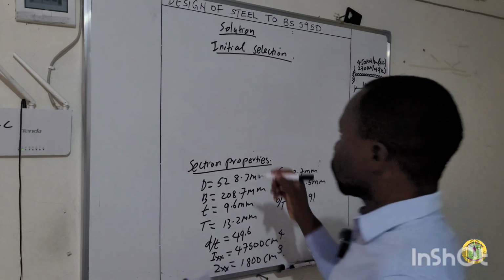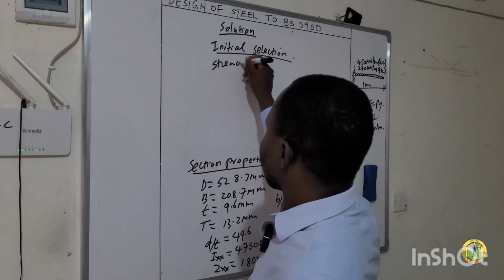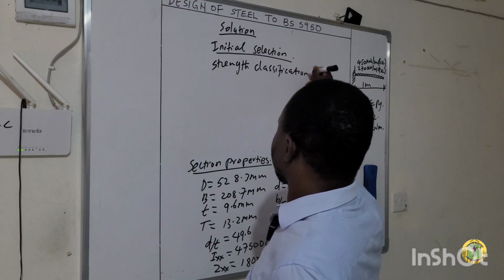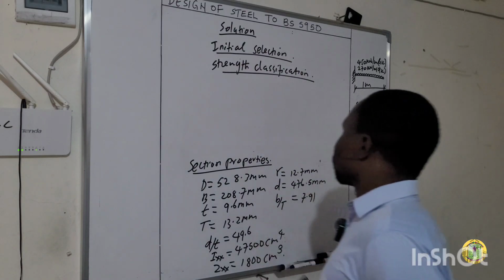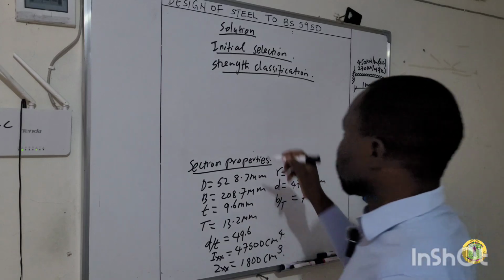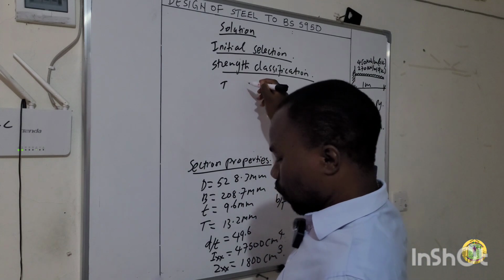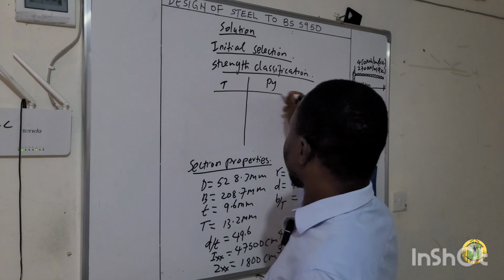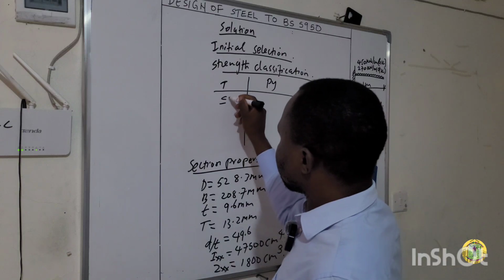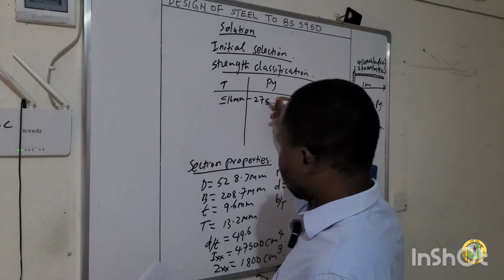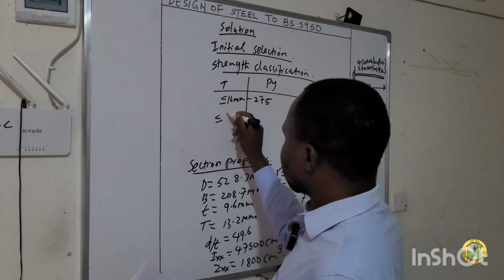So strength classification. For you to classify the section based on its strength, you need these parameters. You need this table. I hope you have this table. So this is T and this is PY. So here we have less than 16 millimeter. This is 275. We have less than 40